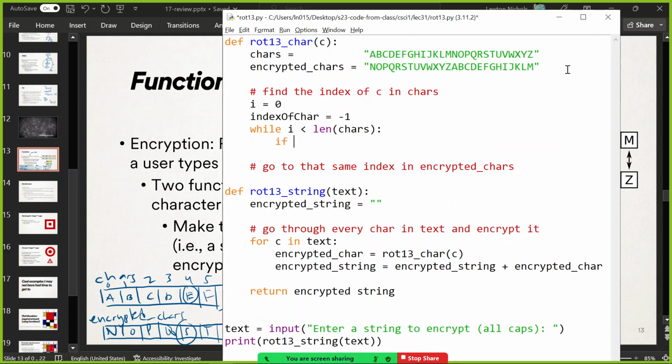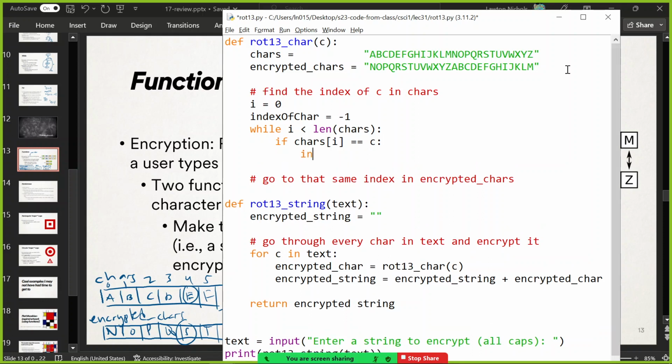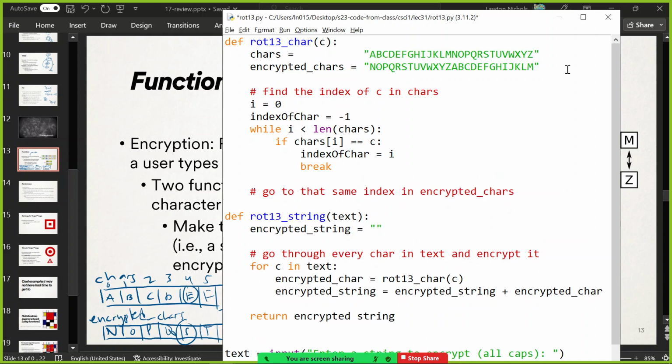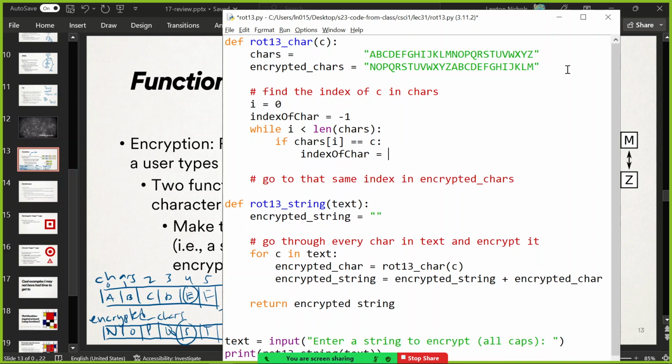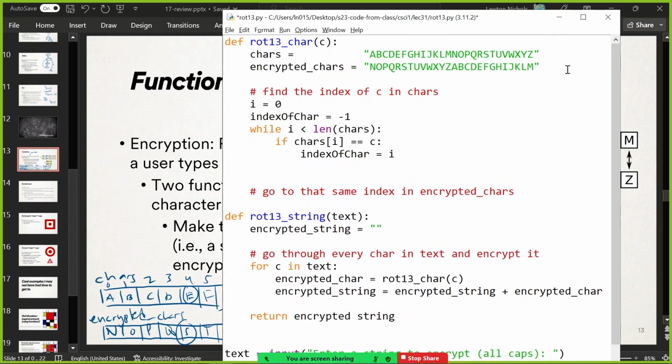If we find that chars of I, that particular character, is equal to the C I'm trying to encrypt, then that is the index of the character. Index of char equals I. You can save it away, and because we found the character, technically you can break out of the loop right now, but that's extra work. I'm trying to not confuse you as much as possible.